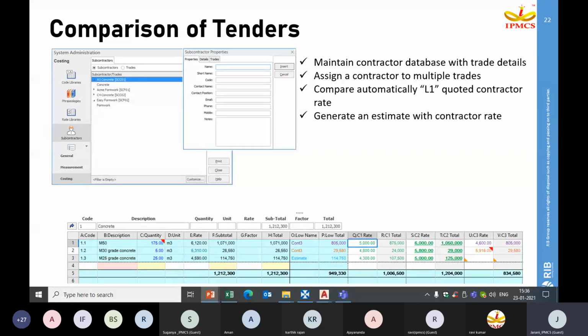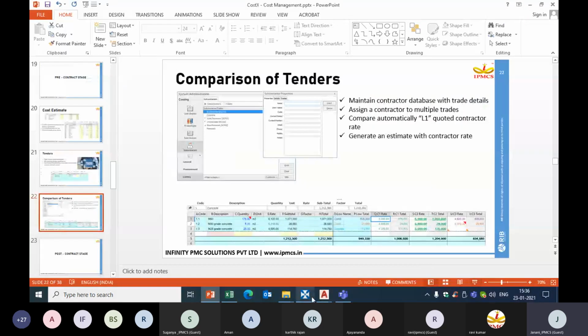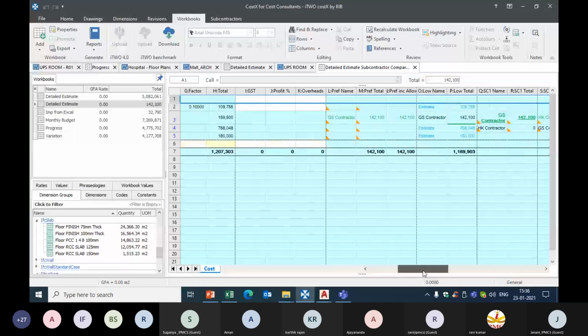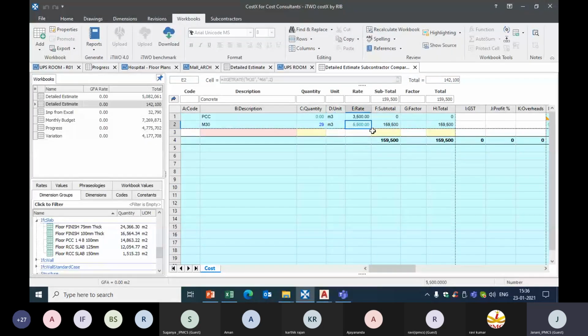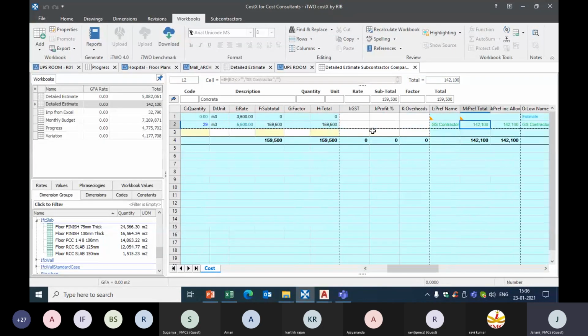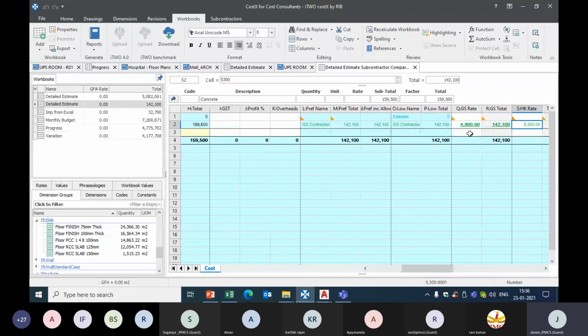You can see here, just for an example, I have taken a concrete activity, M30 grade, where 5,500 is my estimated rate. When it comes to contractor comparison, 4,900 is from one contractor and 5,300 from another contractor.